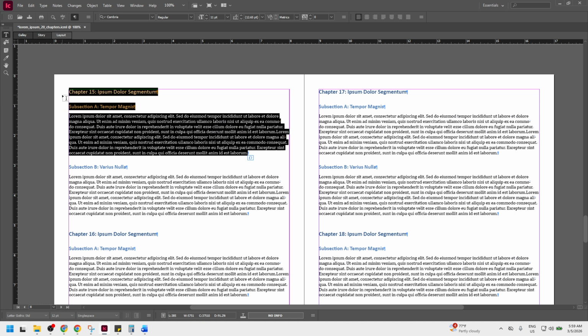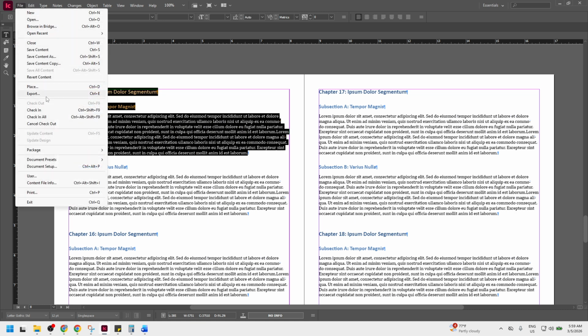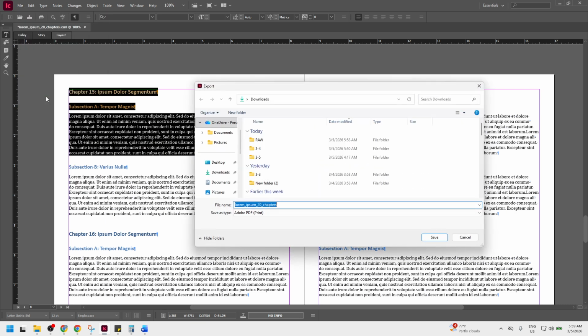Now head up to the File menu and choose Export. This opens a standard Save dialog. Pick a location that's easy to find, such as your desktop or a project folder. In the Save as Type menu on Windows or the Format menu on Mac OS, choose Rich Text Format, or